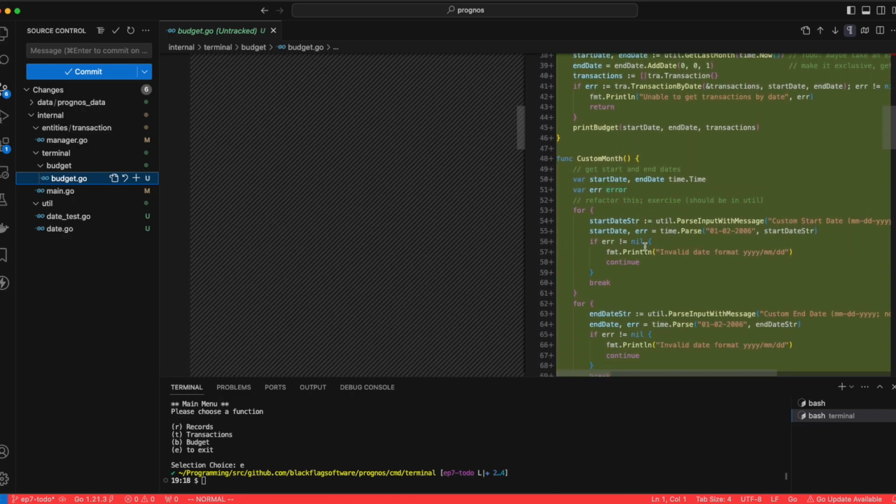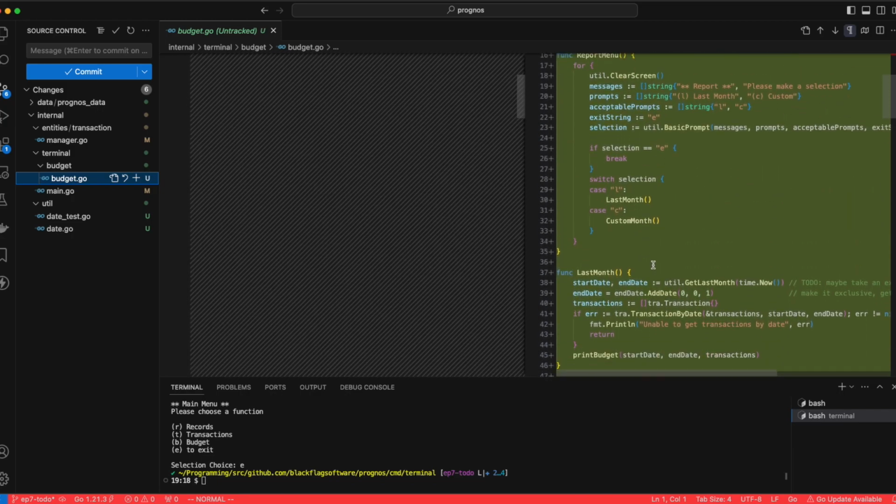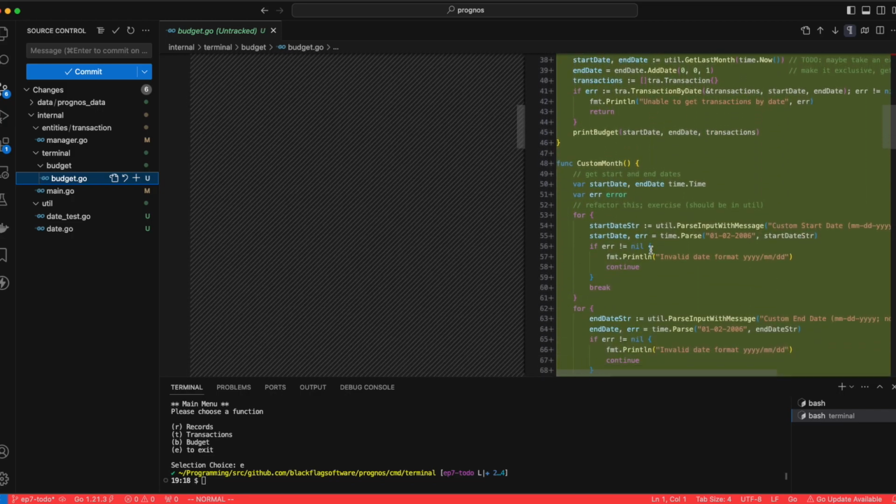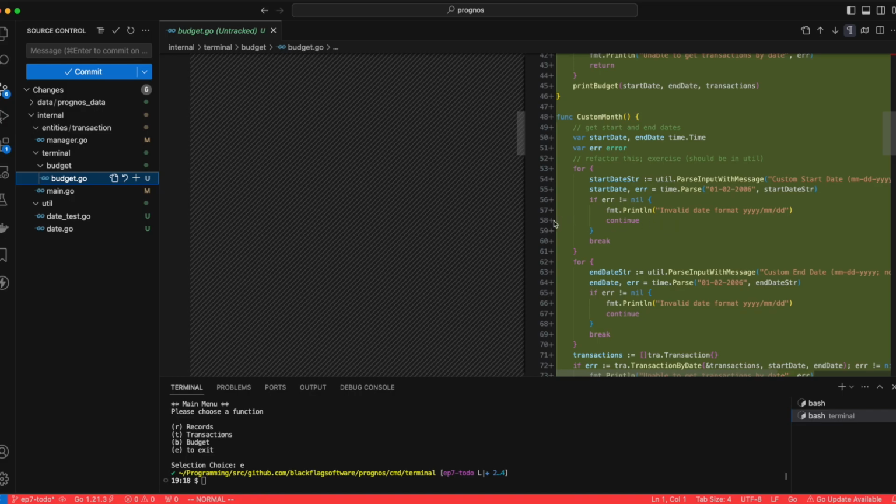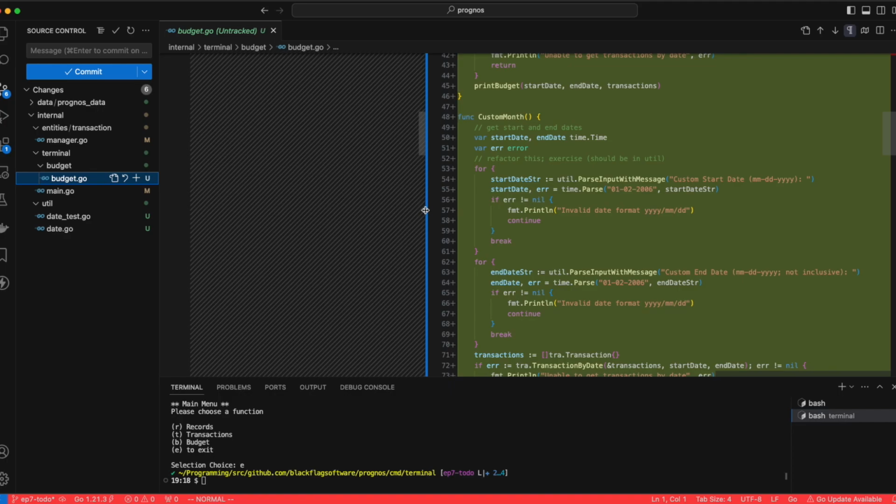There's not anything other than this print budget. There's nothing really in here that we might want to look at other than dates. If you've never dealt with dates, this is, and I might have gone over this, but you'll have to read more of the documentation on dates. But this is how you parse a date,